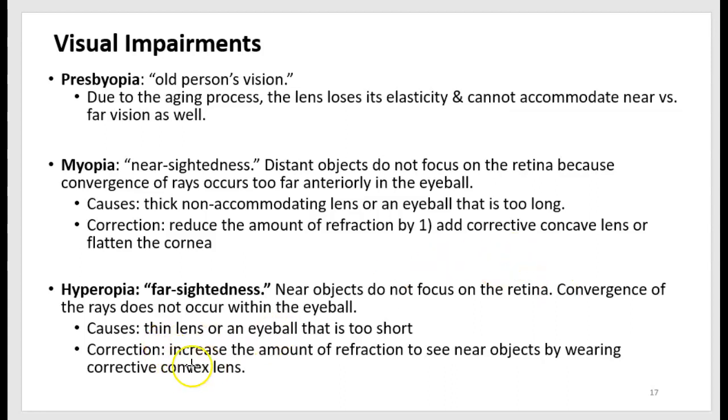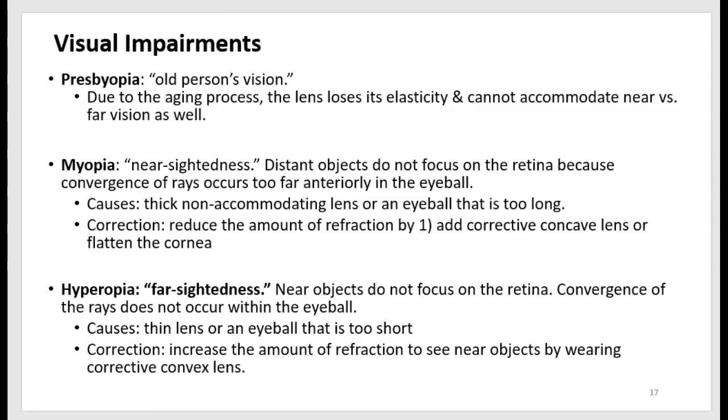In this case, the lens is thin or the eyeball is short. So if the lens is thin, that works out very well for viewing something that's distant, but not for something that's near. So a corrective lens is used, called a convex lens,